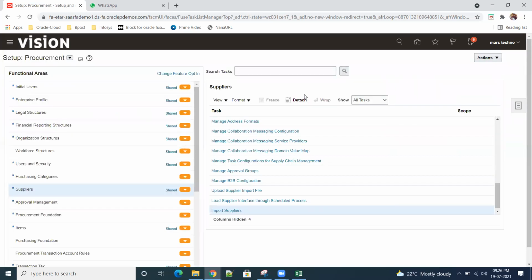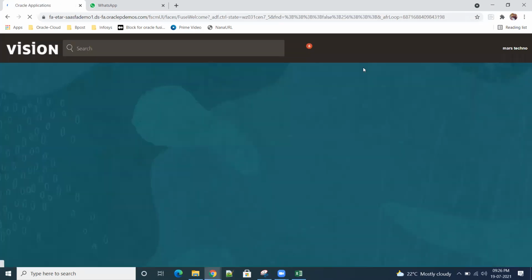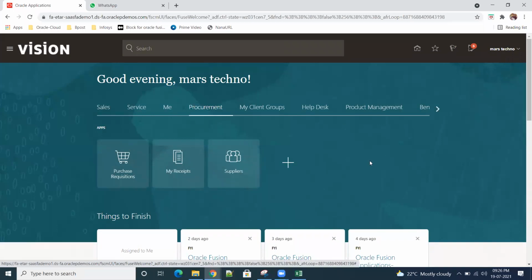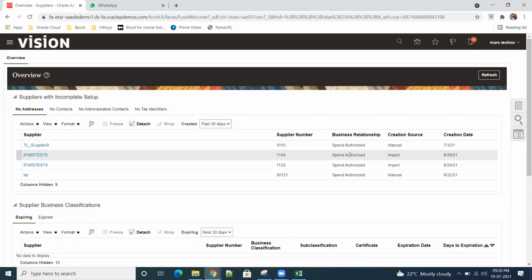Now I was telling, we have internal registration and external registration. For internal registration, if you go to procurement, for suppliers we have to know the job roles. Ramana, I said job roles, did you find? I placed it in the share drive.